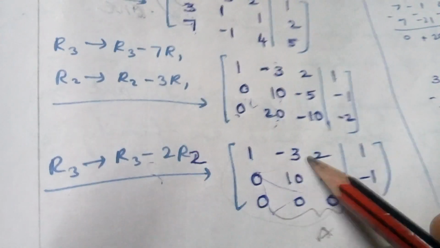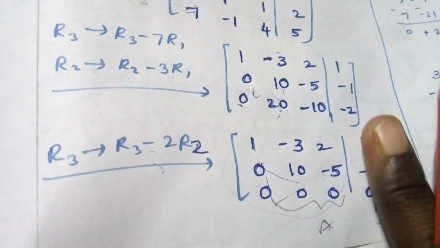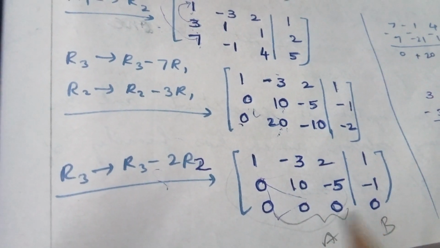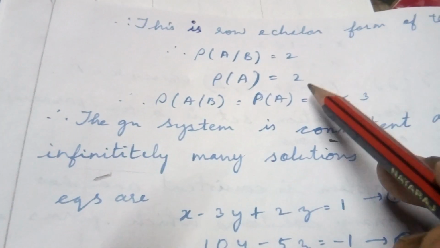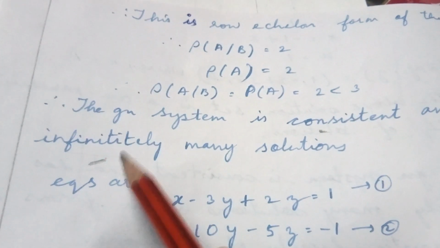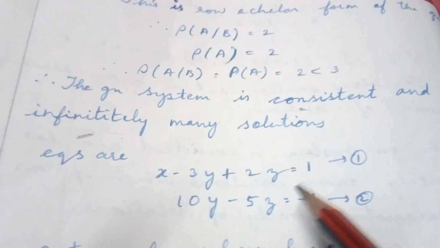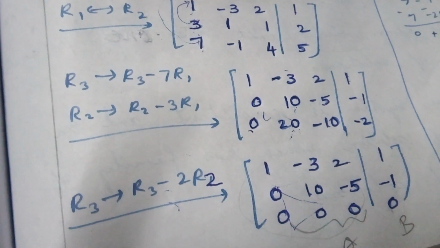The rank of A value is 2. Then take out the rank of A comma B value, which is 2. Rank 2 comma 2 means what is this? Consistent, infinitely many solutions. Suppose it is 3, it means consistent unique solution. Infinity, now what is the meaning? I'll tell you. 2 means you take two equations and compare, from this last equivalent form. So the equation in x and y, x is 0, y is that, there is no value here.